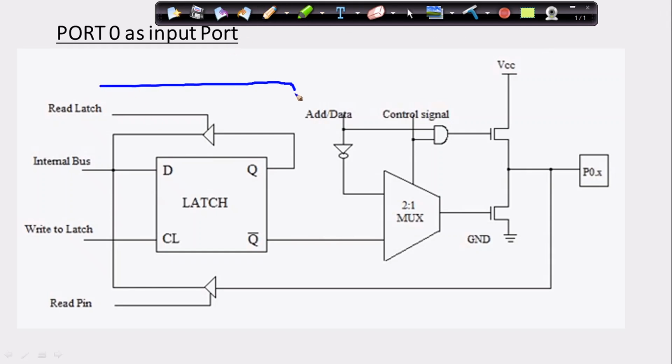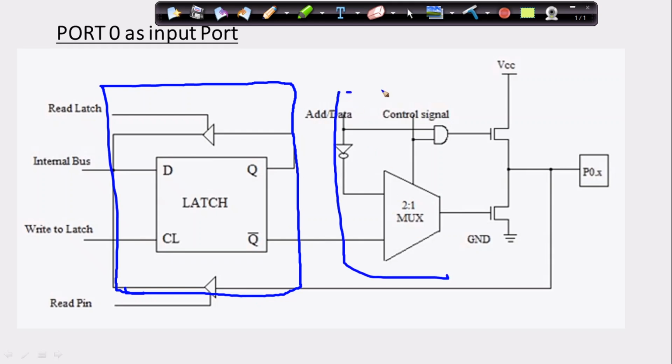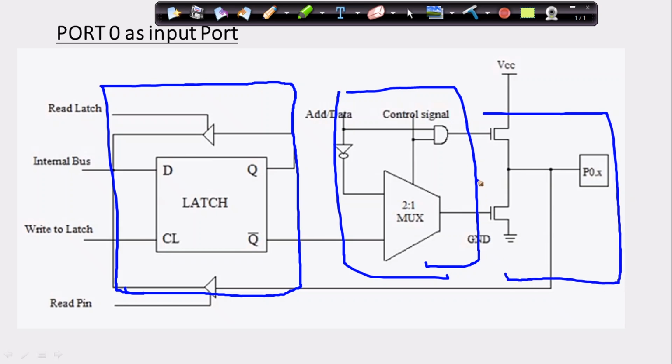this particular set of things we can call the latching part, and then this is our control part, and this I can call my driving part. So this is the latching part, this particular part is for control, and this particular part is to drive our signal. Okay, now if you look at this, what will happen?